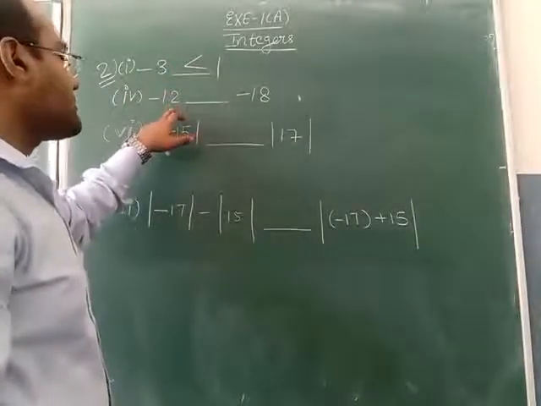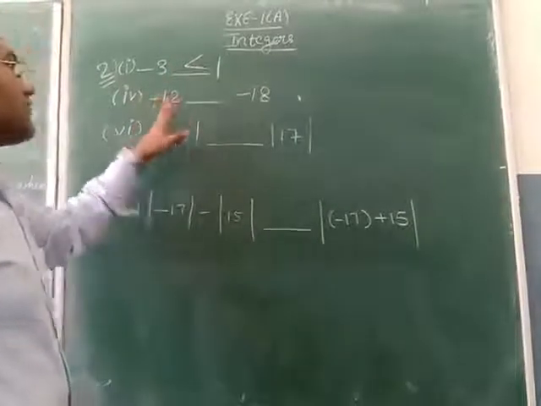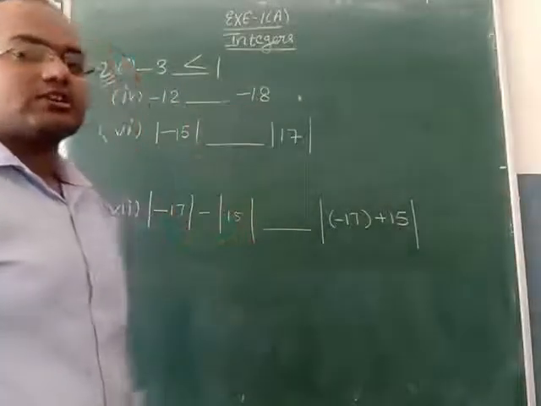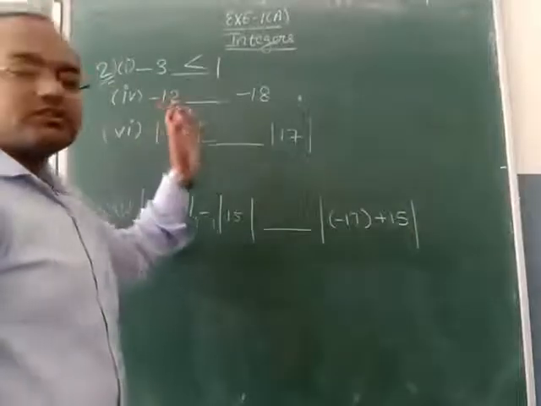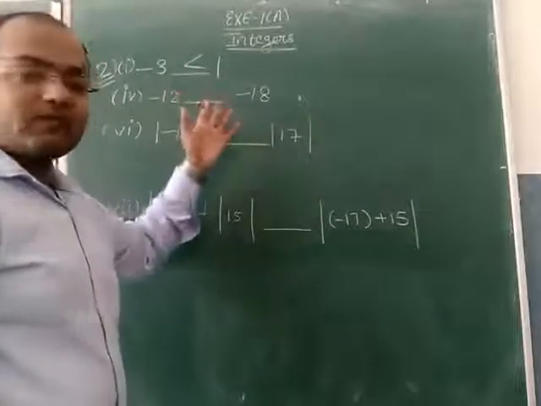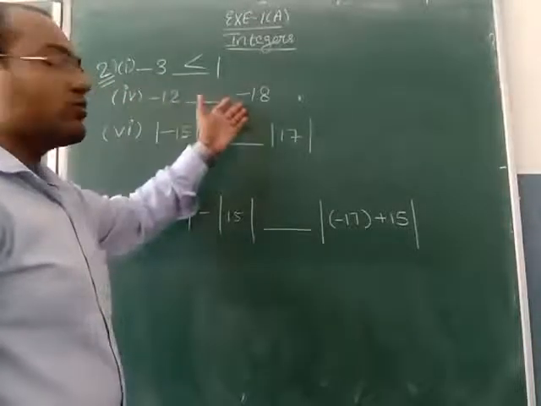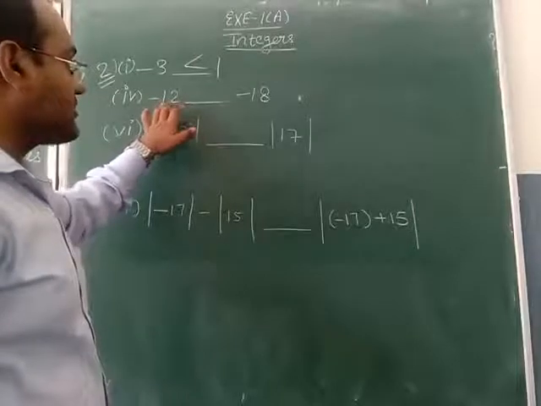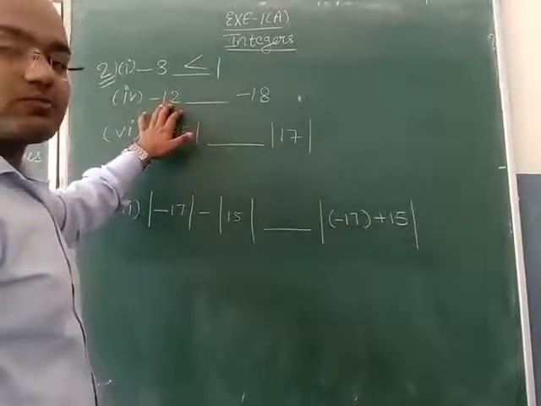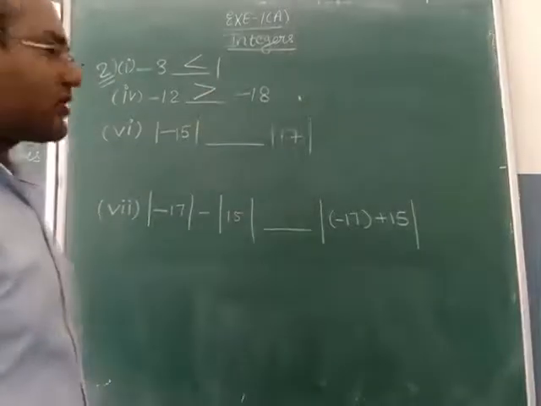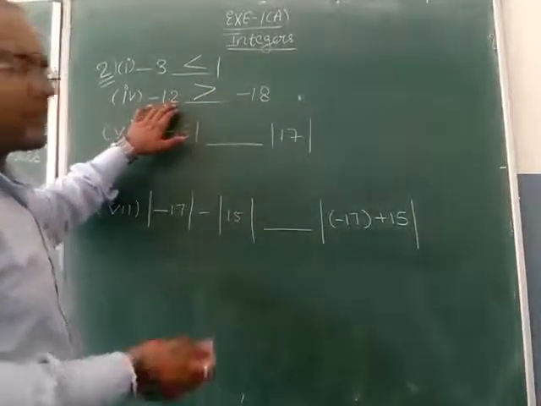Now in the next part, part number 4, you will observe both the numbers are negative, both have a minus sign. So in such a case, what you have to remember is that the number which looks smaller is greater. Here both numbers are negative, so whenever both signs are negative, the number which looks smaller, as here 12 looks smaller, is actually the larger number. So in the negative case we have to take the smaller number as the greater one.